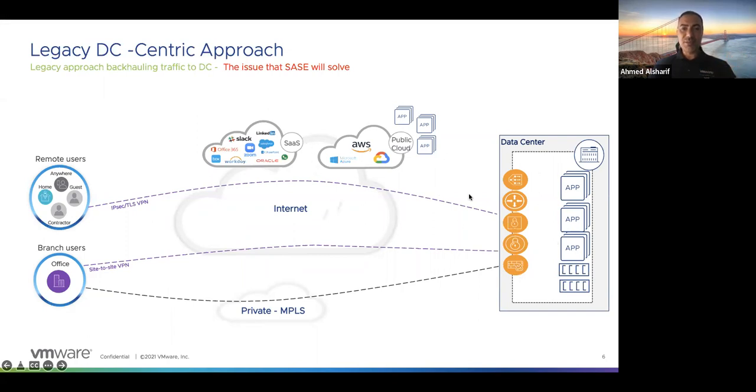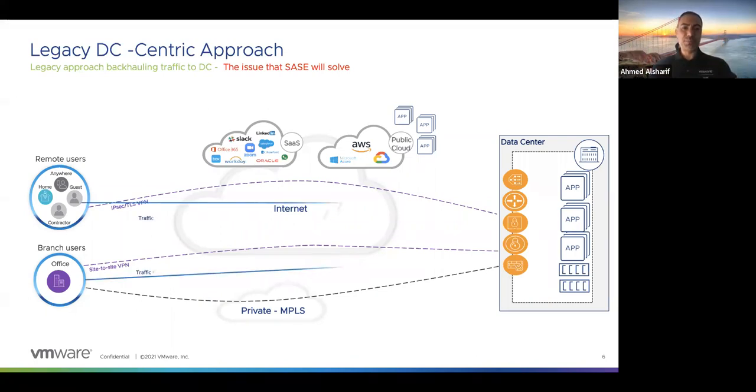But the problem is the security services that sit in the data center that we invested a lot in. Big firewalls, 10 gig, 40 gig, IPSs, URL filtering, web security. I need to utilize these services because this is what was happening in the past. In the past, branches and data center, everybody is located locally, no cloud applications. Now, SD-WAN makes it super easy to move applications to the cloud. A lot of customers are in the situation where there are more users outside, more applications outside.